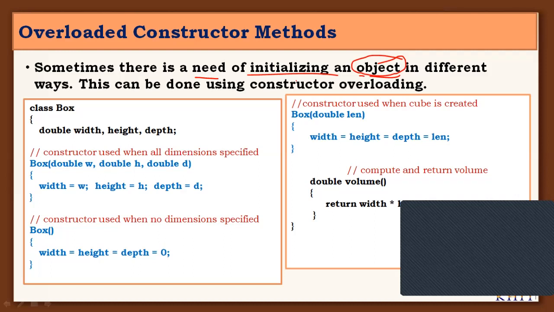This overloading concept is already familiar to you all from the C++ language in semester 1, where you learned overloading of member functions of a class, and overloading of methods or constructors as well. Coming to this example, the same Box class example, I have three constructors here. One is a constructor with all dimensions specified, and one is a constructor with no dimensions specified. This is the default constructor, and this is the parameterized constructor.